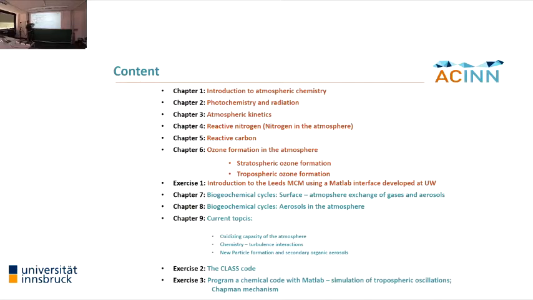Then in chapter 4, we talk about reactive nitrogen in the atmosphere, the nitrogen cycle. Same for reactive carbon. These are three important chapters that we need to cover before we go into ozone formation, which is closely linked to reactive nitrogen and reactive carbon in the lower atmosphere. Then we have one programming exercise, or you could call it a data simulation exercise, with a quite comprehensive tropospheric chemistry mechanism where we try to simulate ozone chemistry depending on initial conditions. Then the other chapters relate more to